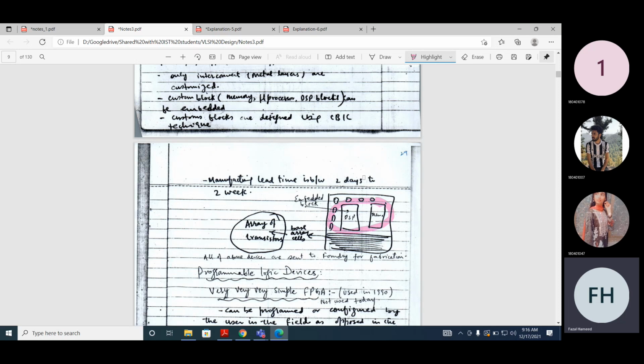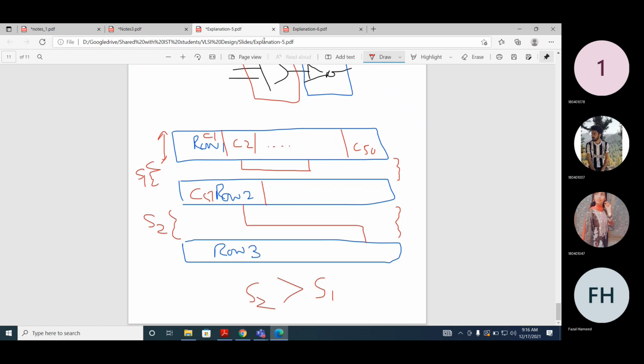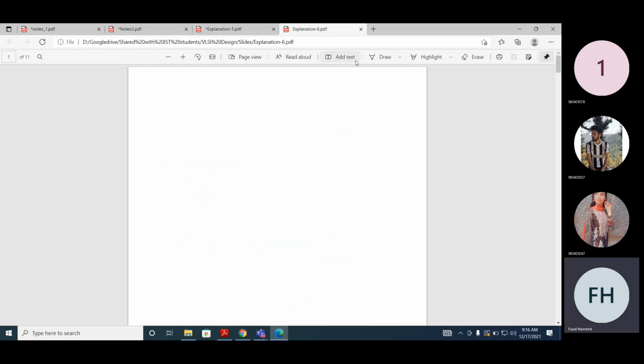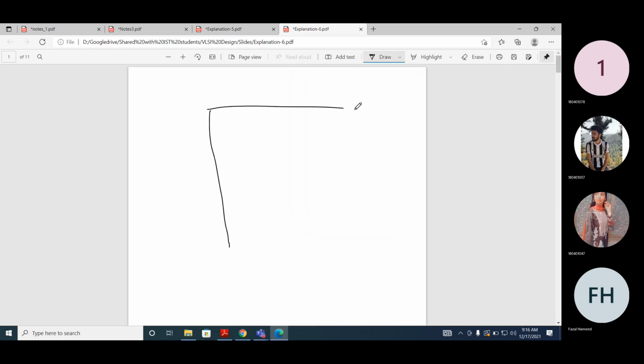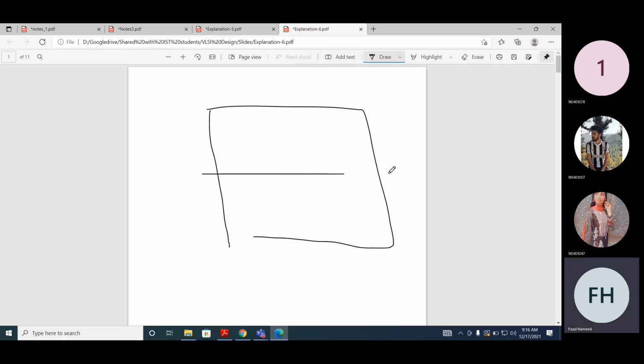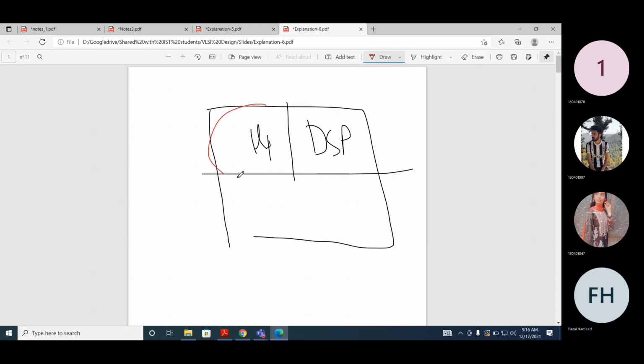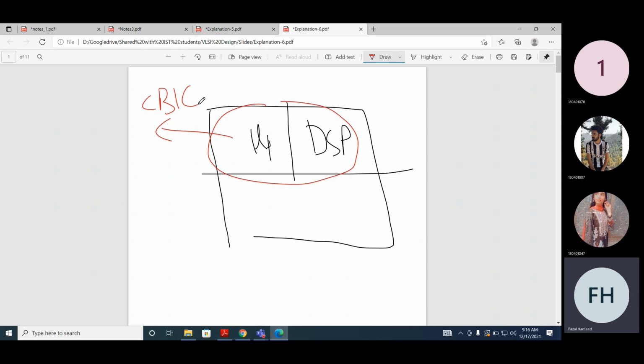So it means that now you have a chip, and you have a microprocessor, let's assume, and you have a DSP block, let's assume. These two are designed using the CBIC approach, and they are prefabricated, but the metallization layer is not there.